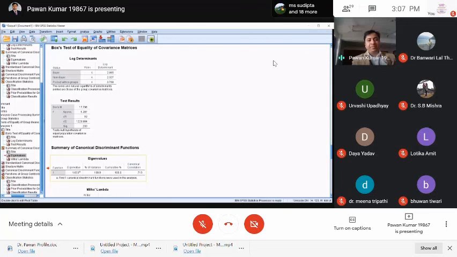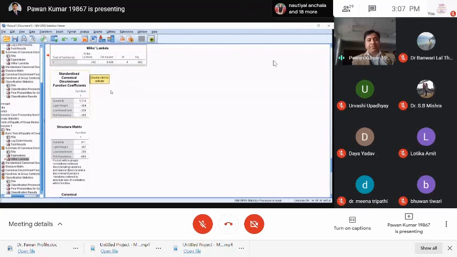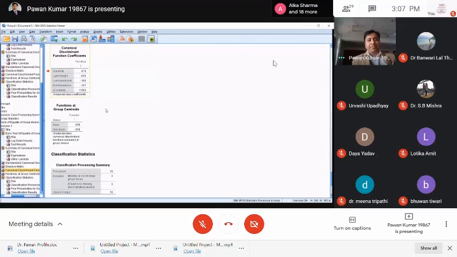It is 1.003, quite good, and Wilks' lambda is 0.4, close to 0. The discriminant equation is 1.800 plus 0.618 into durability plus minus 0.055 into lightweight minus 0.188 into low investment minus 0.157 into rot resistance.